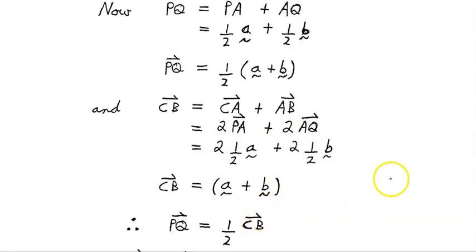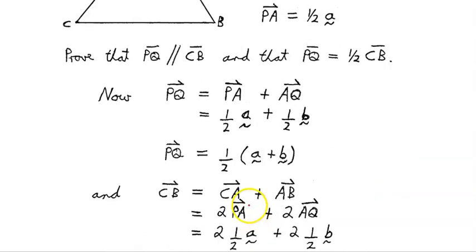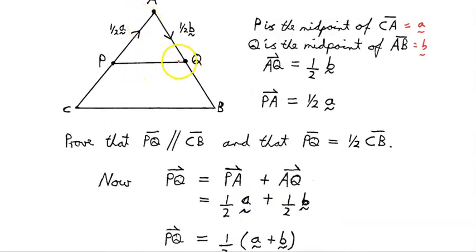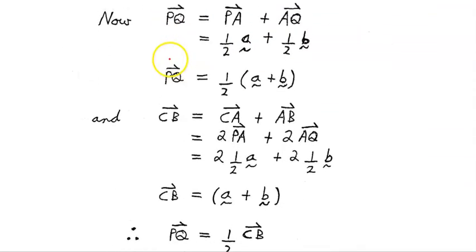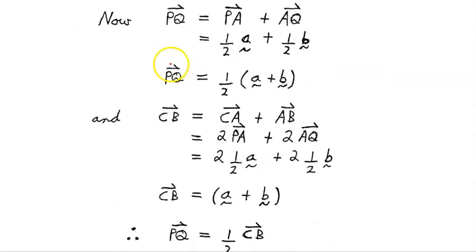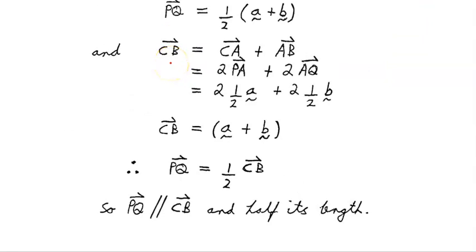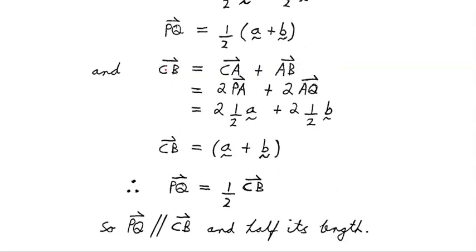Now CB is A plus B, so that PQ is a half CB. Let me just show that diagram. PQ is then a half CB. I think we can establish that from the proof there. So that gives us that PQ is a half CB, so that's part of the problem. Now, we want to show that PQ is parallel to CB and half its length. And that's what we've managed to achieve, that PQ is half of CB, and so